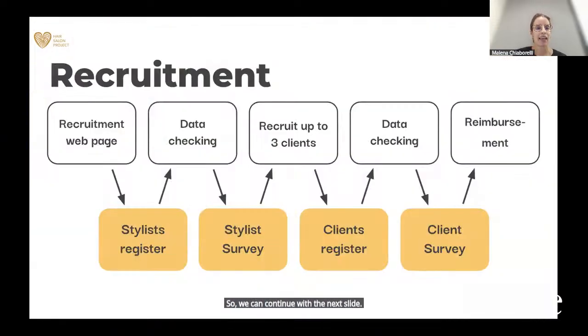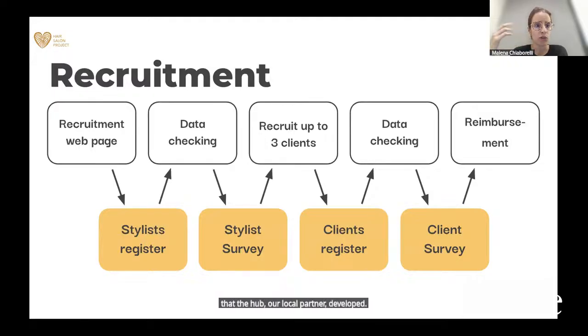Our population was composed of two groups. We included stylists of female hair salons and also clients who identify themselves as women between 15 and 35 years old. The recruitment began with a web page that the hub, our local partner, developed.